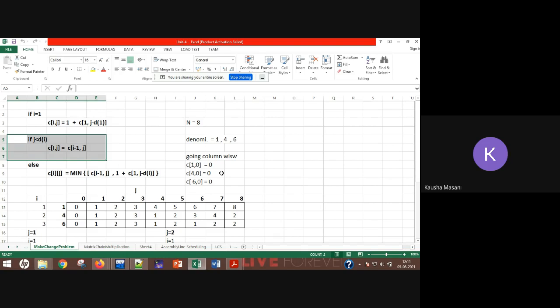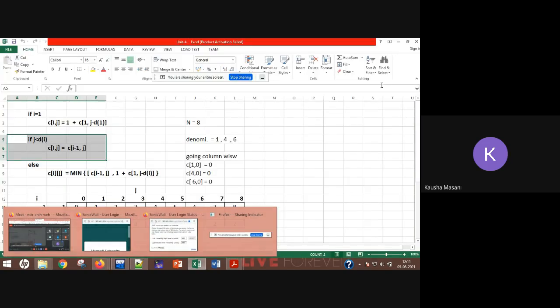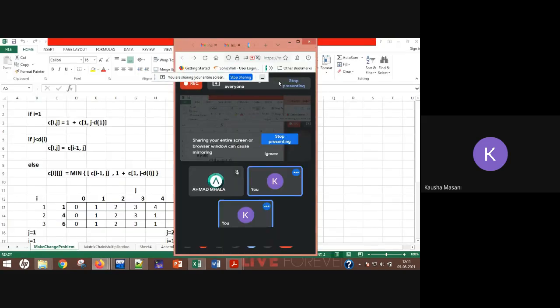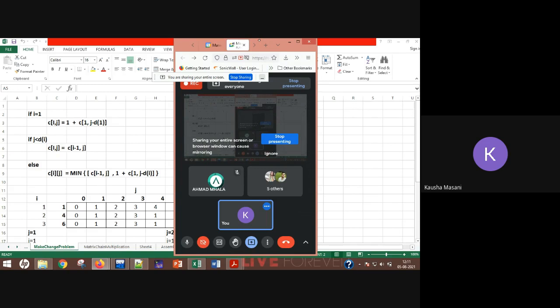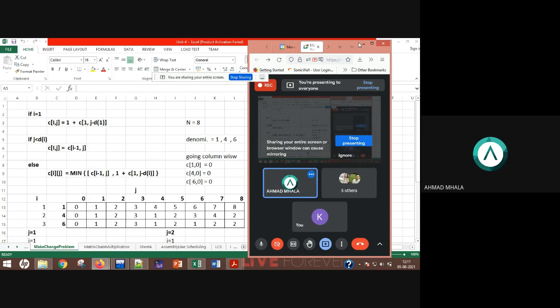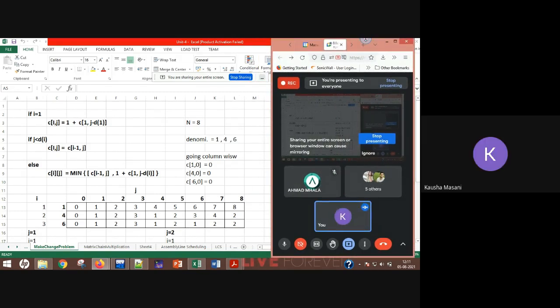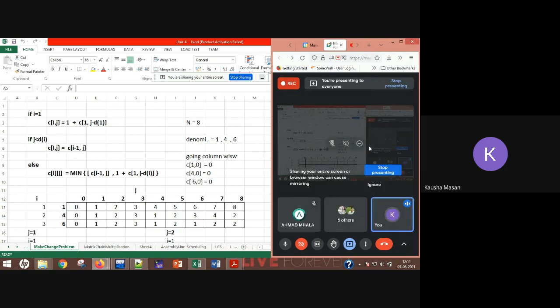Everyone remembers this part? Yes or no? Everybody remembers this particular part? Actually, no, ma'am. Yeah, if you were absent or you did not get it at that time, then it will be a little bit difficult. Otherwise, this is the formula. What about others?